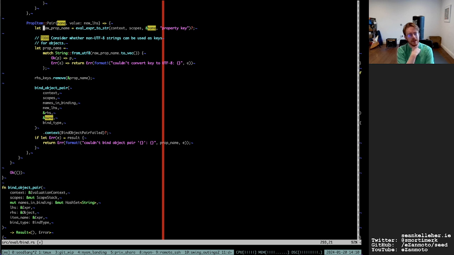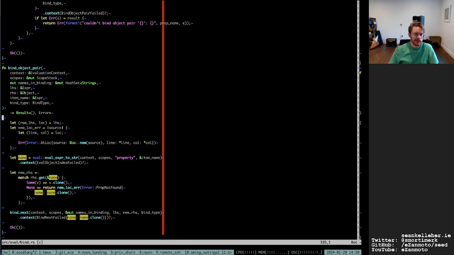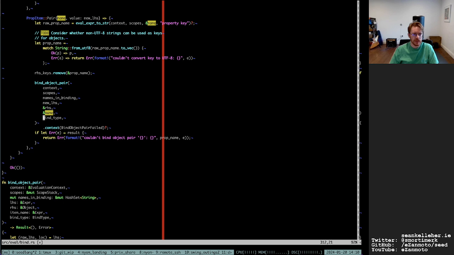Not sure why that's happening. I'll have to rewatch the stream where I added that previously. But let's see. So we've bind object pair and it's evaluating the property here. So why am I doing it again in this place?